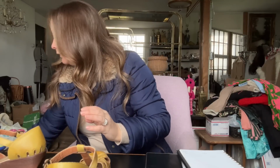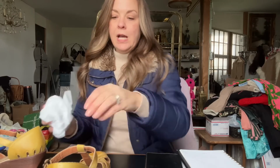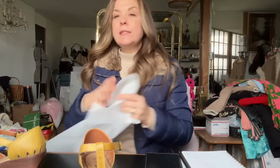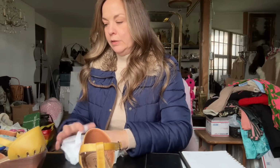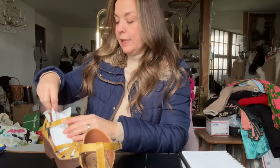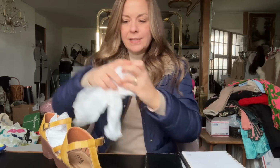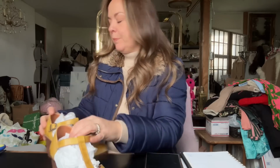And every time I have listed Jaffa shoes, or almost every time, they have sold quickly for a great price. And I think before I was pricing my Jaffa shoes a little bit lower, but I have been really aggressive with my pricing now that I've seen how coveted these are. I don't know if the brand is out of business. I need to look that up, but